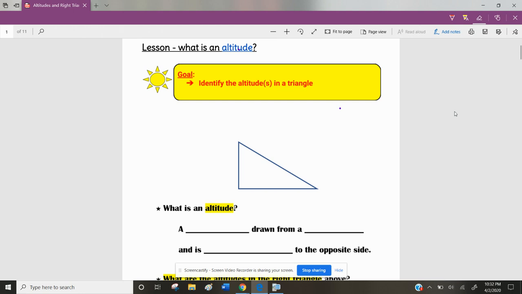Our lesson today is going to deal with what is an altitude, and in particular, what is an altitude in a triangle. So the definition of an altitude is that it is a segment